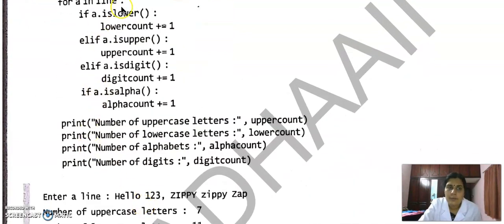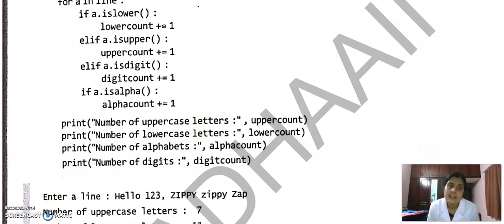Again, if both conditions are false, we will check if a is a digit. If it is a digit, we have to increment digit count. And if it is false, we will go to the other if. If it is an alphanumeric character, we will increment alpha count. So in this case, for the first three cases, we are using an if, elif ladder.